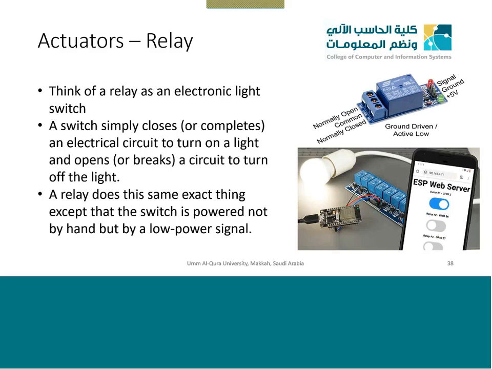The signal pin is just, if you give it 5 volt, it will turn on your bulb. If you give it 0, it will turn off your bulb. So it is just like a switch that you use in your labs to turn on and off the light, or in your homes. But this one is an electronic one, and once this switch is connected to a Wi-Fi device, like you can see at the bottom, then you can use your mobile phone to turn these things on and off.